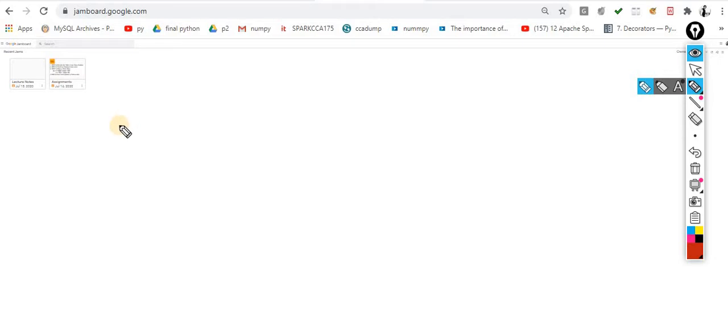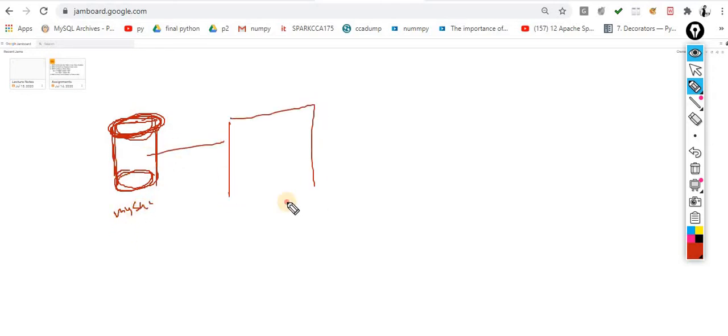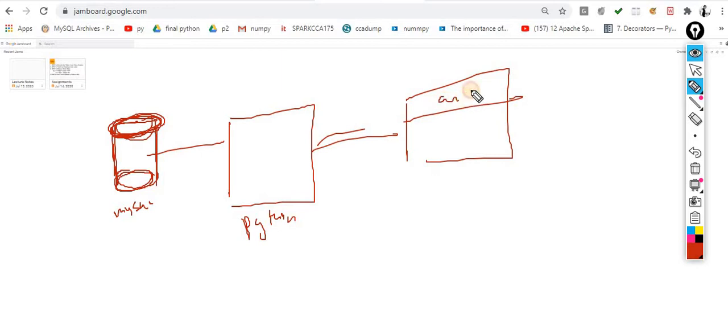The next one is your database. Database is normally represented something like this, which I showed you in the picture earlier. In a number of software, the database representation is cylindrical. So this one is my database. Let's suppose this one is my MySQL, and this one is my Python program. The concept is the same, and this one is my command prompt, my CMD.